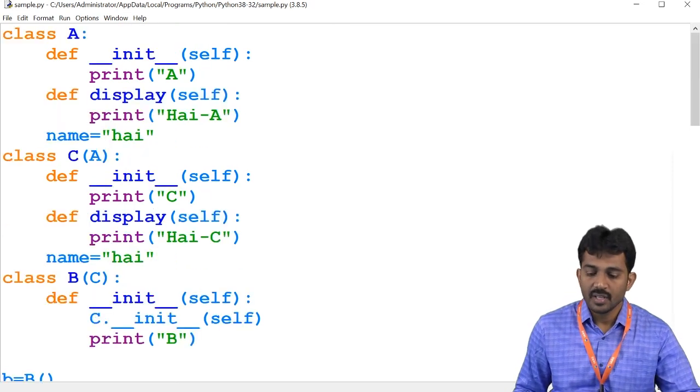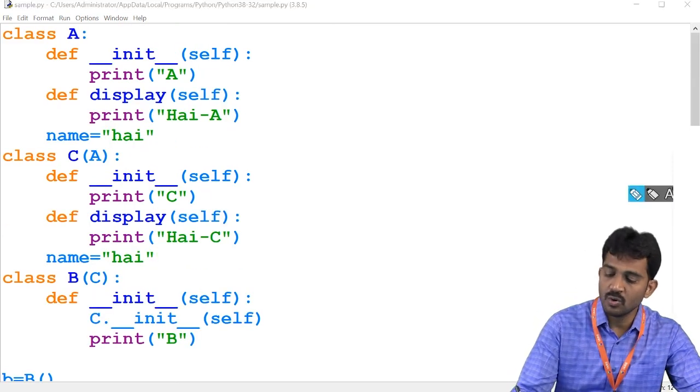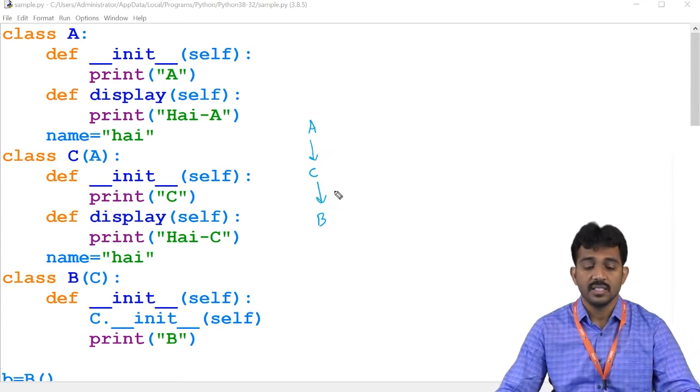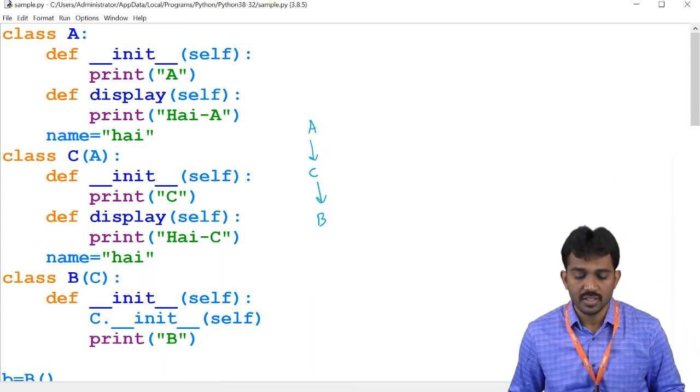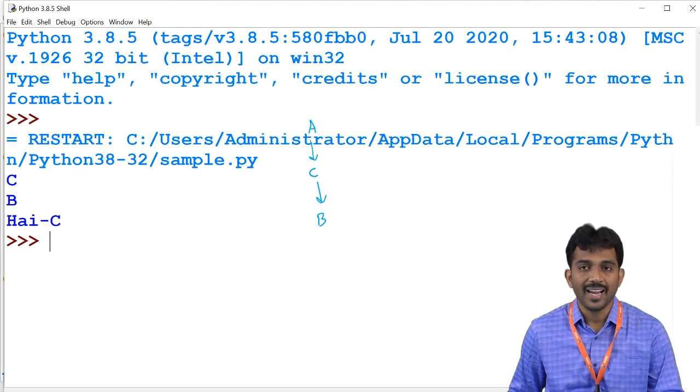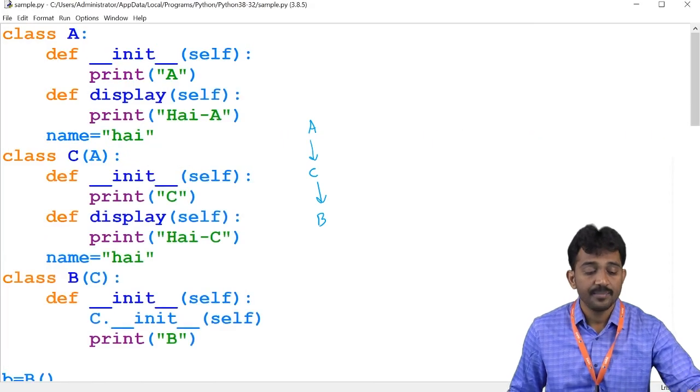Is this clear? See, here what I wrote: A class is there and C class is there and B class is there. What I'm going to do is retrieve like this. If you run this code, what is the output? High C. Why is it high C?